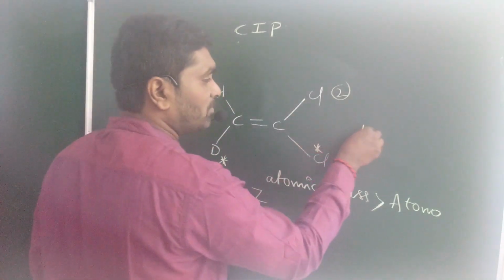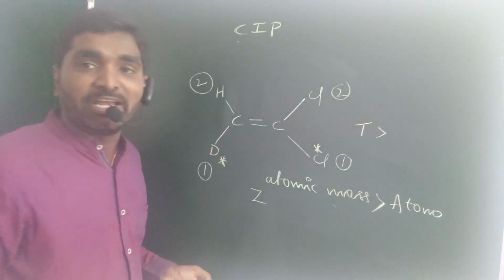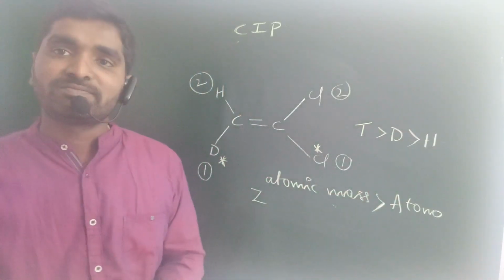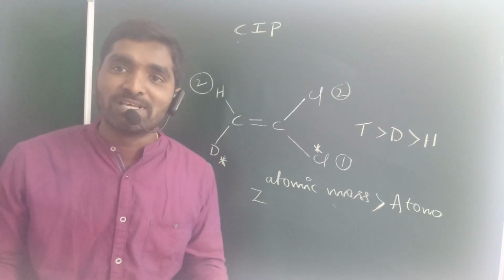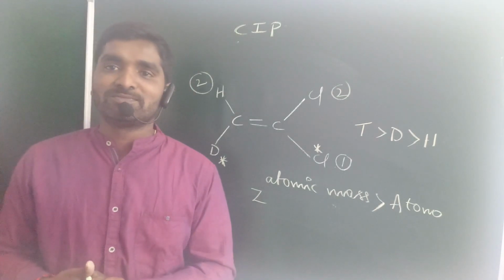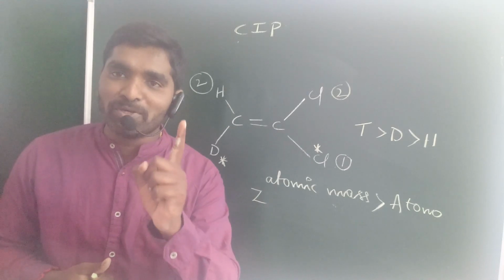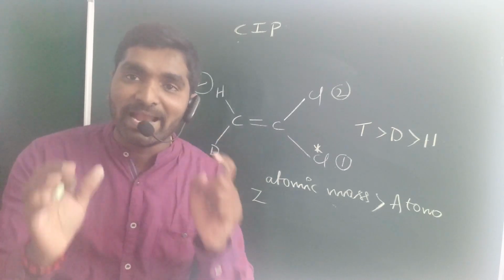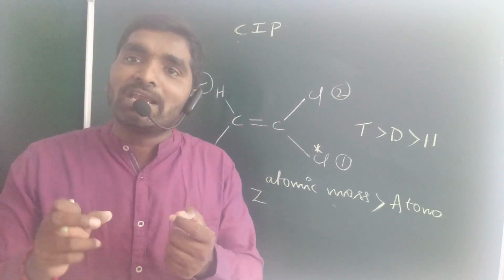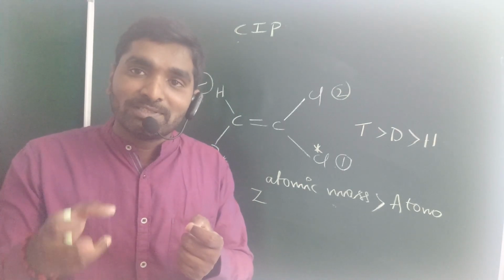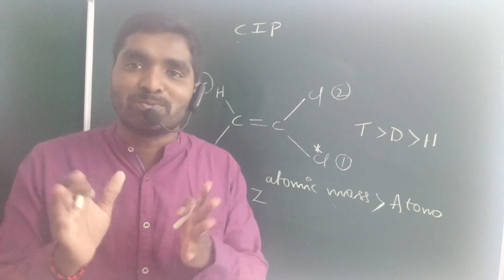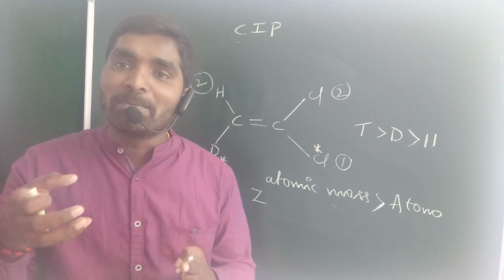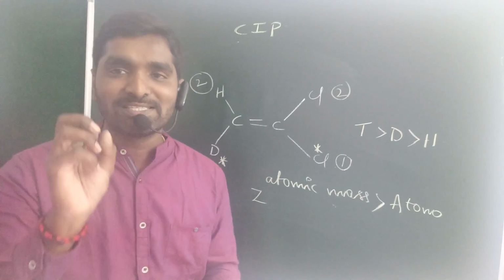That means tritium, in isotopes, has more priority when compared with deuterium. Deuterium has more priority when compared with hydrogen, as well as oxygen isotopes and chlorine isotopes. So rule number 1, according to the CIP rules, you should give more priority to the atom with the higher atomic number. When the atomic number is the same, which is only possible in the case of isotopes, you should give more priority to the element with the higher atomic mass. That is CIP rule number 2.